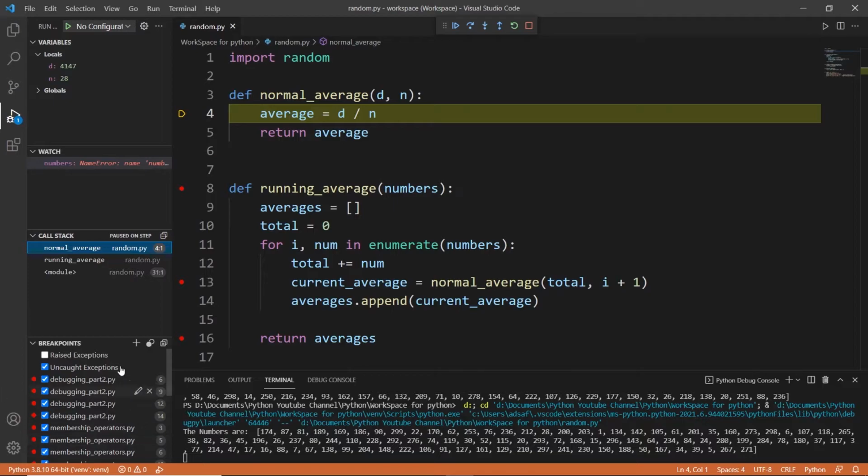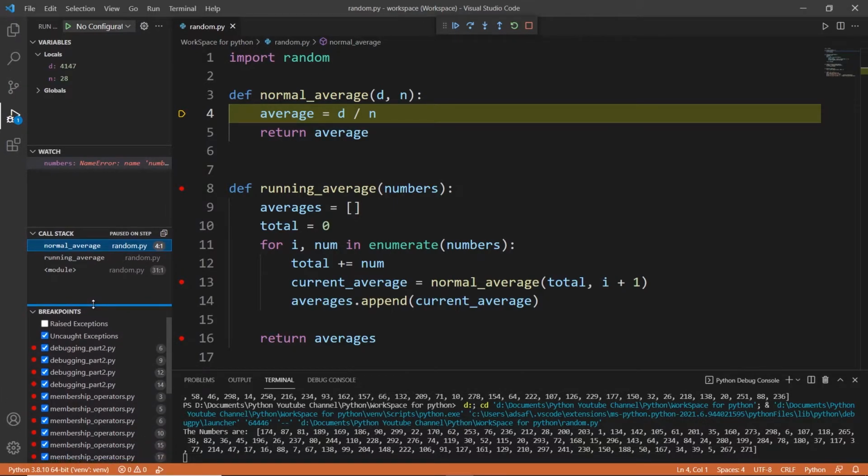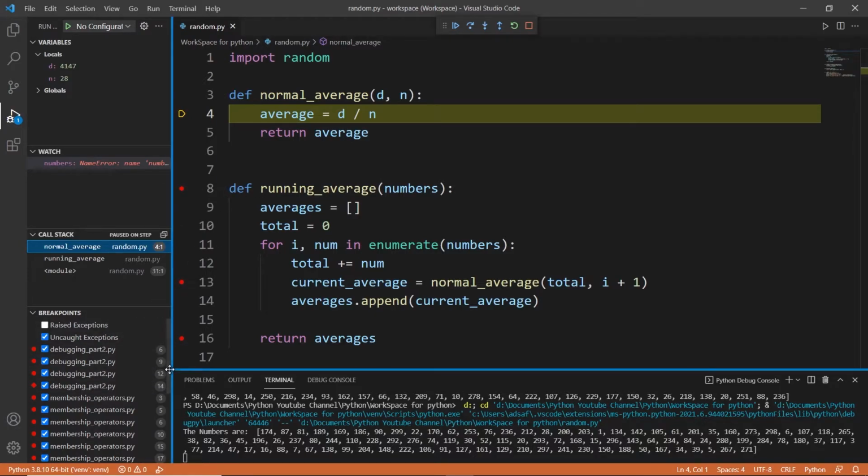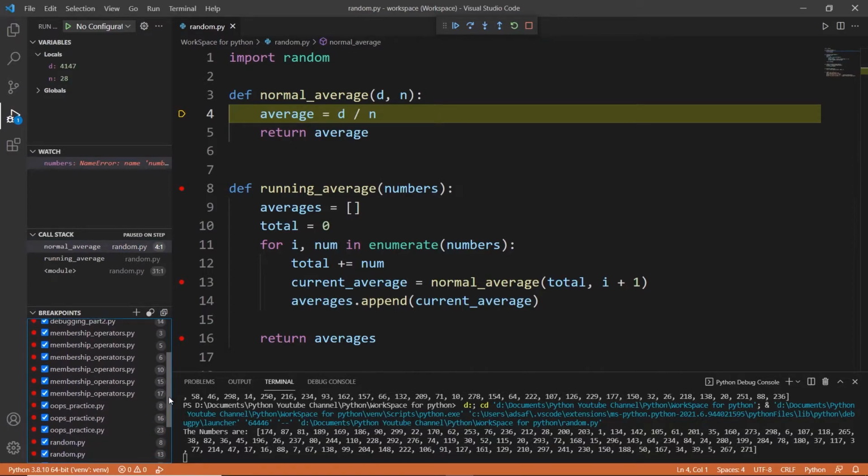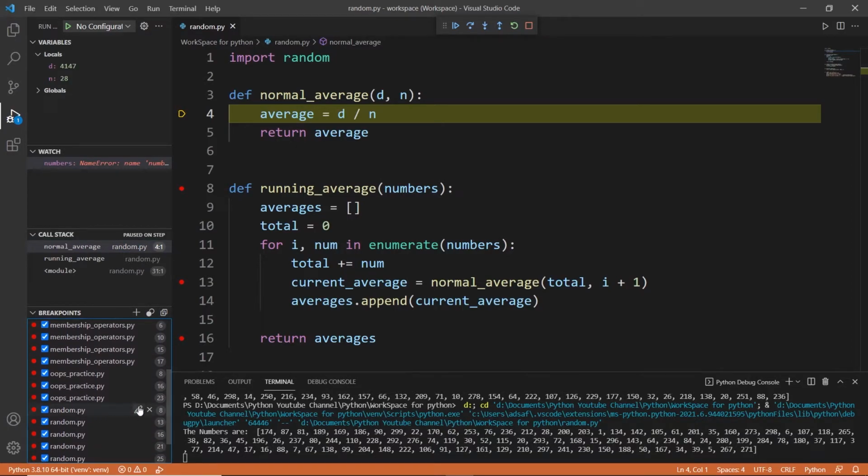And you can see that this is the breakpoints window as well. So here you can see that it is going to show us the breakpoints. How we can use this breakpoints window is you can uncheck. If you uncheck these breakpoints, you can disable the breakpoint temporarily. So suppose you don't want to remove this breakpoint. What I can do is see on which line number it is. Right now it is on line number 8. Here on the right hand side, it is showing me line number 8,